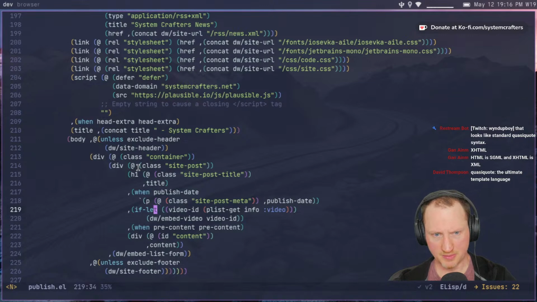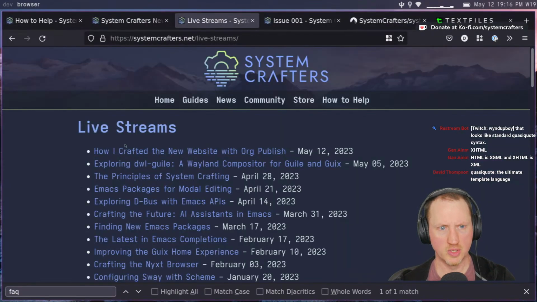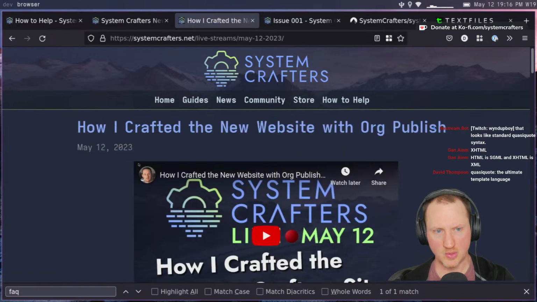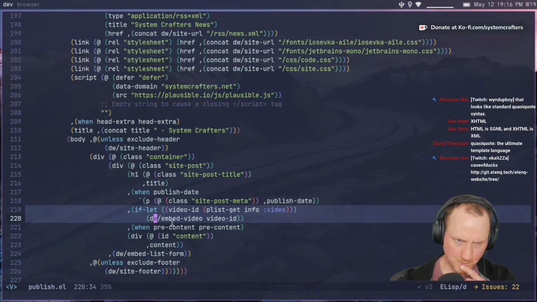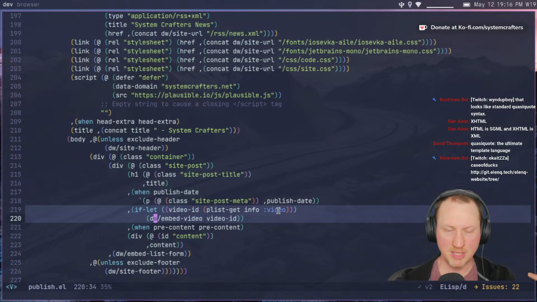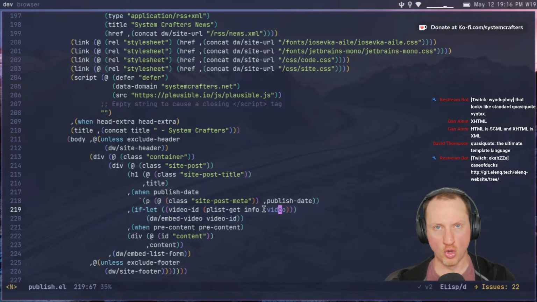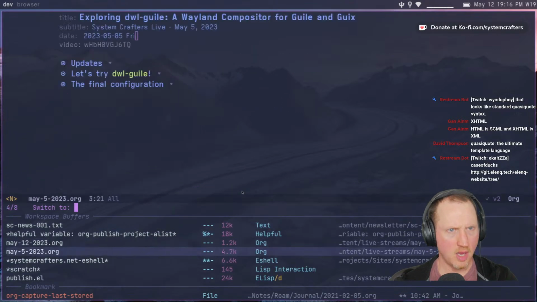Also, I could talk about this video ID thing. So for the live stream pages, when you see that there is a YouTube video embedded in the page, this actually comes from this little piece right here. So if let, and then in the let block, it sets video ID to whatever comes back from plist get info and the video keyword. That is coming from the org mode metadata for the given file. And the way that this video shows up is actually from this,